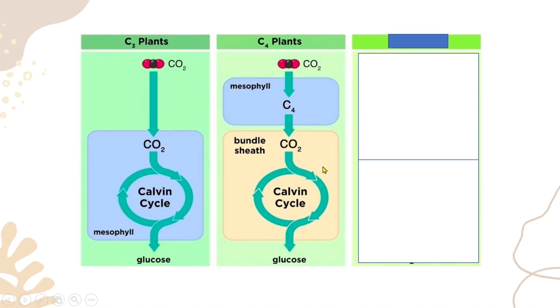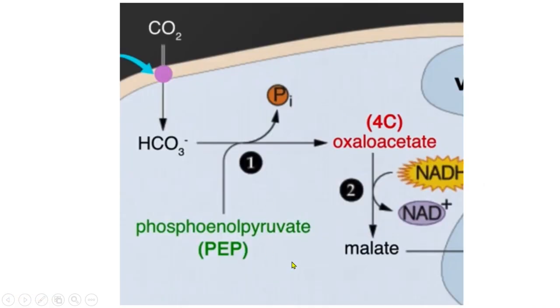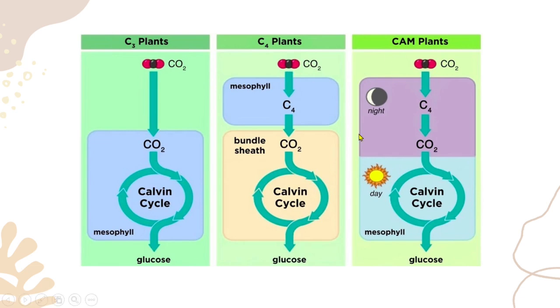How about the last one, which is the CAM plants? The word CAM comes from crassulacean acid metabolism. So this is almost the same as the C4 plants. The carbon dioxide is also fixed into a 4-carbon molecule, as you will be seeing here. So it's the same phosphoenol pyruvate, a 3-carbon molecule, that will be fixed with carbon dioxide, becoming oxaloacetate, a 4-carbon molecule. But the difference between the C4 and the CAM plant is that for the C4 plant, it's fixed in the mesophyll. For the CAM plants, it's fixed also in the mesophyll cell, but there is now a separation